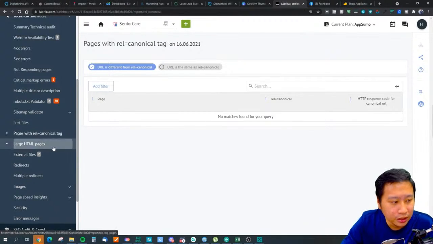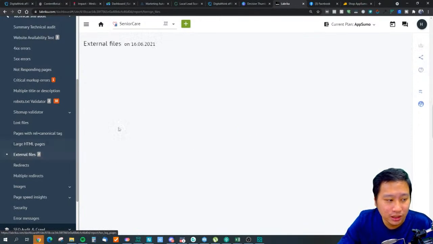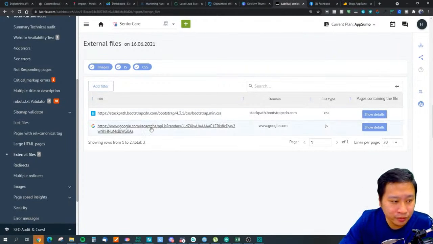Okay, large HTML pages. So these are pages that are very big in size, and take a long time to load. So you might want to optimize those pages. Okay, so we got external files here. So these are